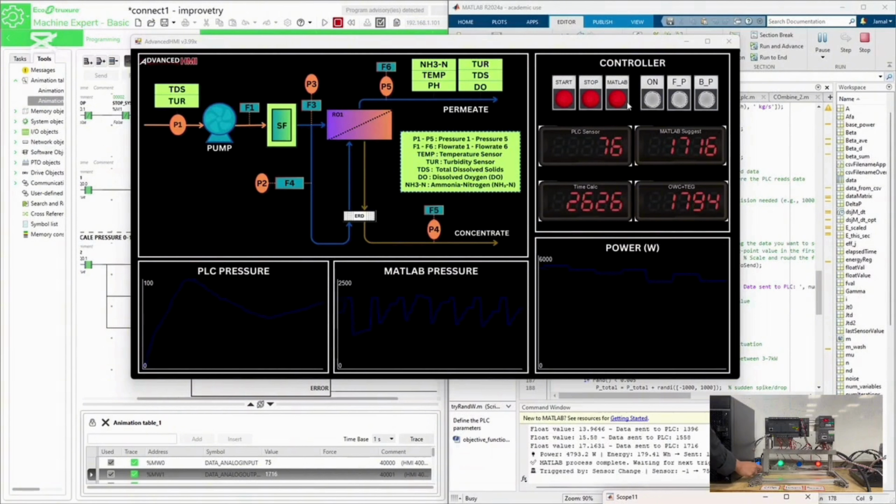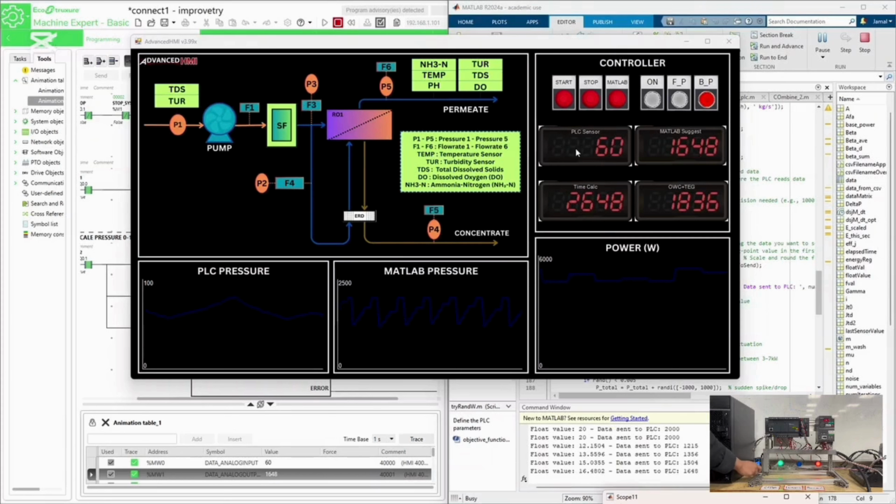provide process feedback. And here in the controller we have three kinds of buttons: start, stop, and MATLAB. And another one is about the pilot lamp for on, forward, and backward. You can see on the downstairs, it's really synchronized between all of them. And another part, we have a controller panel and real-time indicators.